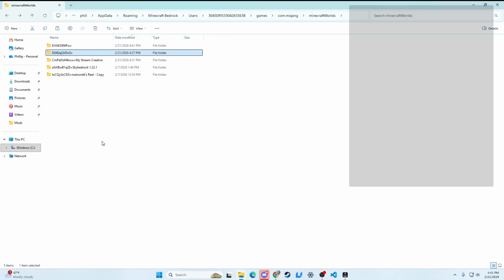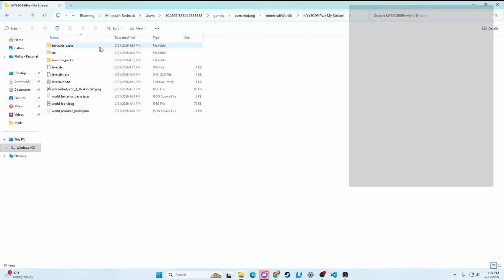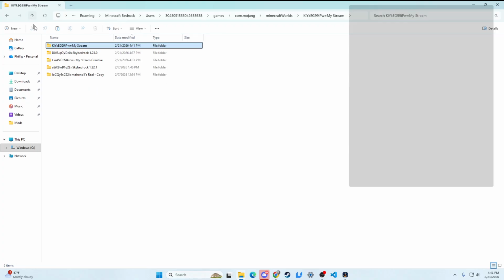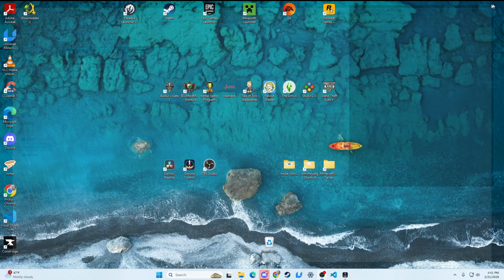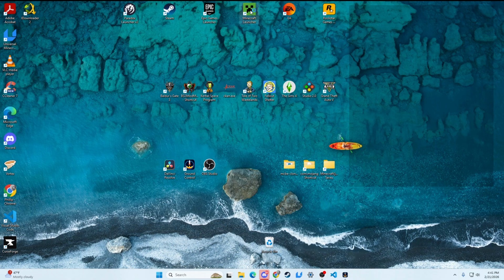So this one is the Skybedrock 1.23.0, and this one is my stream. So that way I can go into the behavior packs and resource packs and update it as I need it. I know which world I'm working on. And I've gotten rid of a whole bunch of old worlds. All right, so let's,